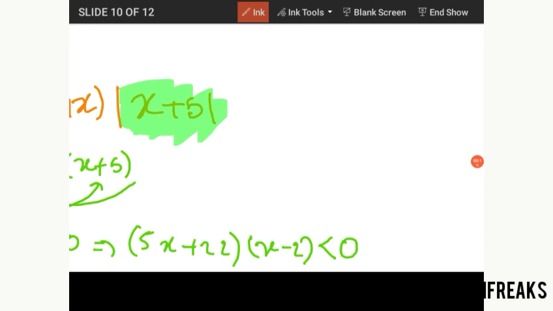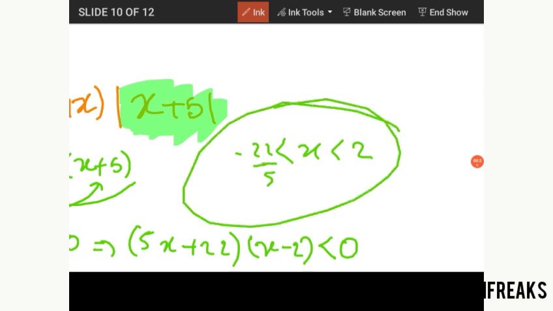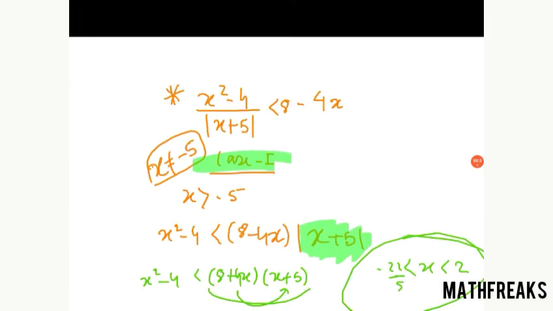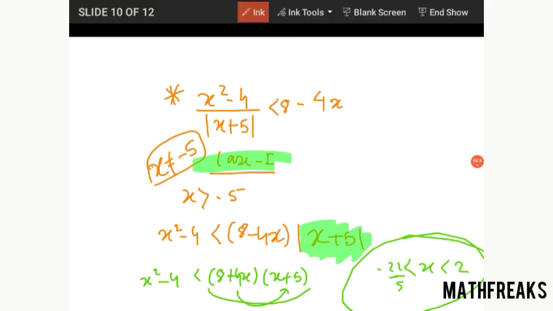Okay, so from here again, if you solve this inequality, you are going to get the range of x as this. Correct. This is your range for x for case number 1. We are only discussing case number 1, so I am repeating it again for you. The first conclusion that we made is x can never be equal to minus 5. Why? Because the denominator will be 0 and anything divided by 0 is undefined, so this whole inequality will be undefined. Correct. So there are only two cases possible, that is x less than minus 5 or x greater than